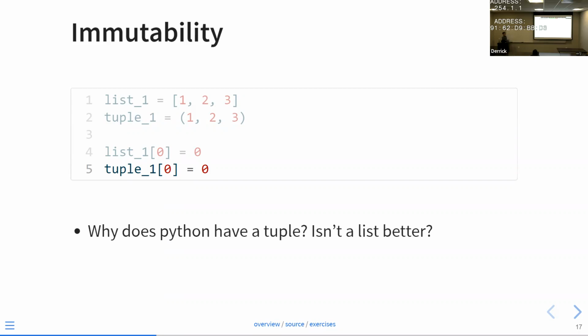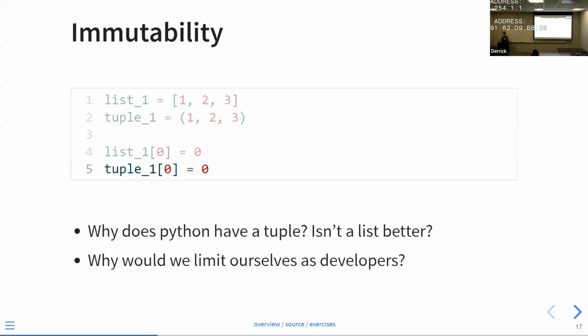When I first encountered this, I thought, well, I'm never going to use a tuple. This just seems like a better version of it because I can change it, right? Why would you think that Python has both of these data structures? Yeah, some instances where we don't want to make a list mutable. We want to guarantee that it won't change, right? Yeah, exactly. If your program depends on this not changing, you might want to enforce it with an immutable